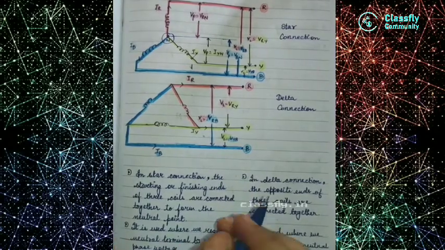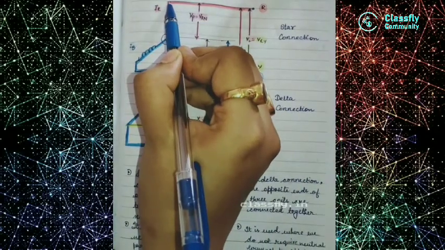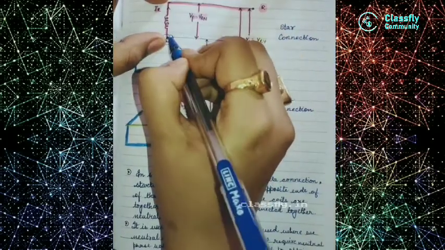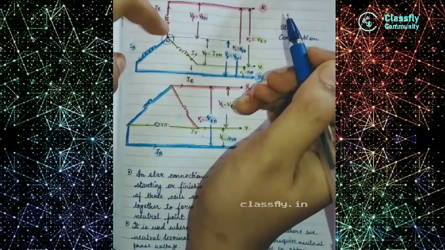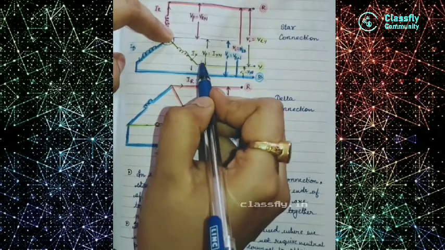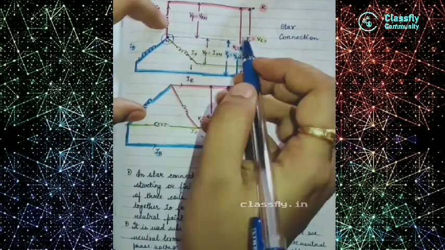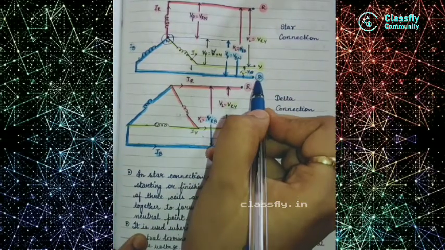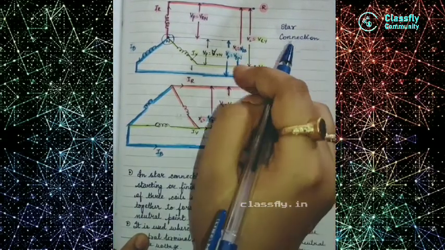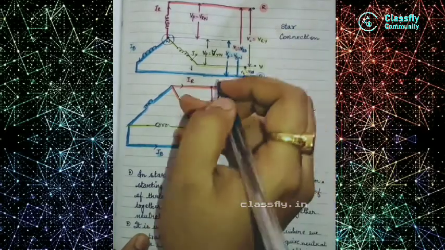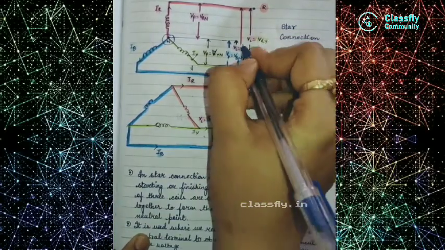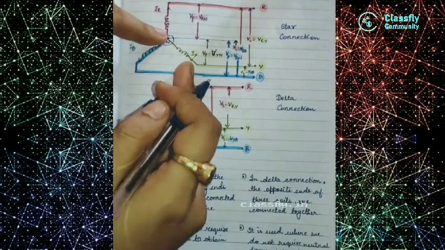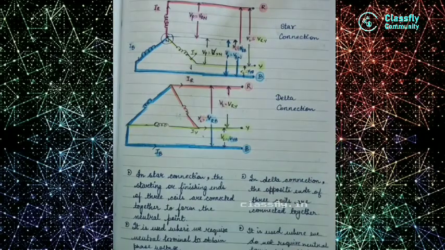Phase voltage means that from the line, if I choose the red line, until the neutral point, this portion will be my phase voltage. So I will represent this as VP is equal to VRN. Similarly, from yellow to the neutral point, it is the phase voltage for yellow, VYN. And the phase voltage for the blue will be VBN to this neutral point. So the voltage between red and neutral, yellow and neutral, and blue and neutral states your phase voltage.